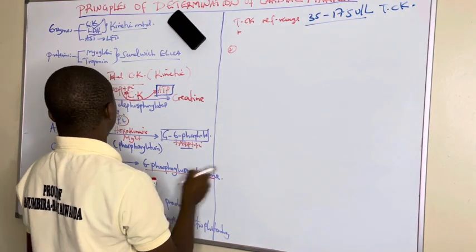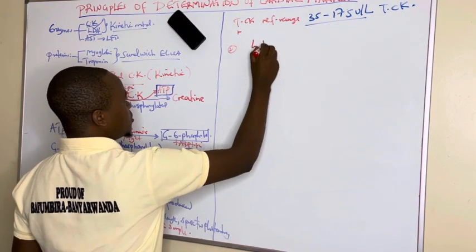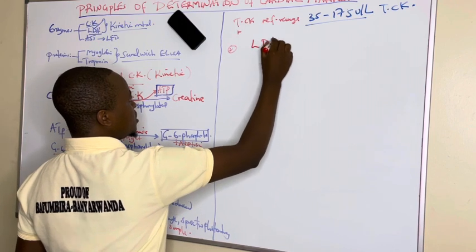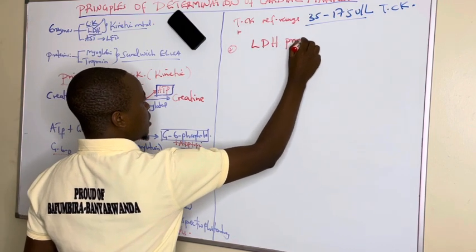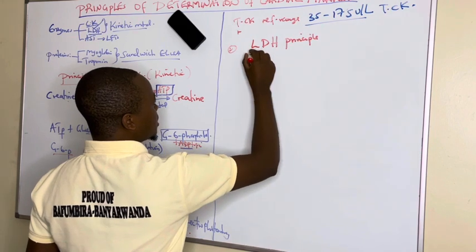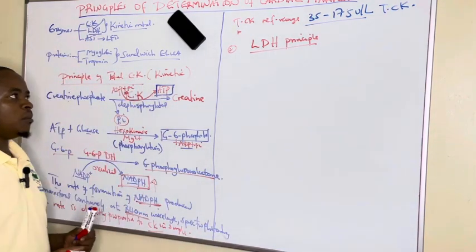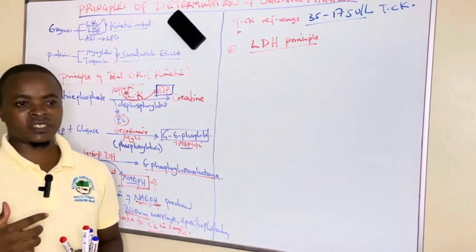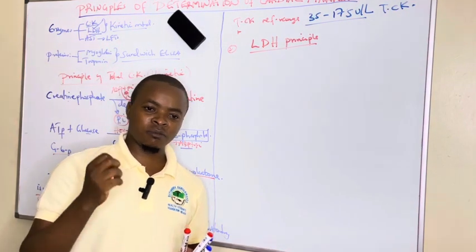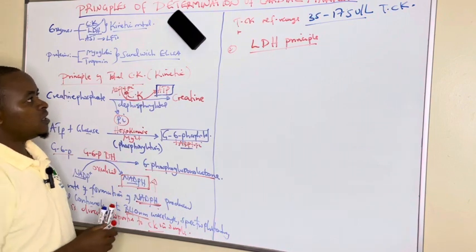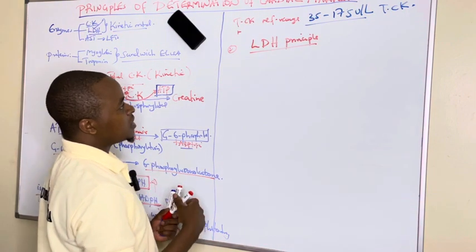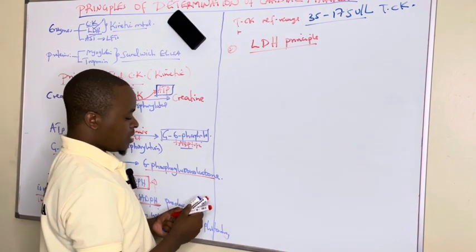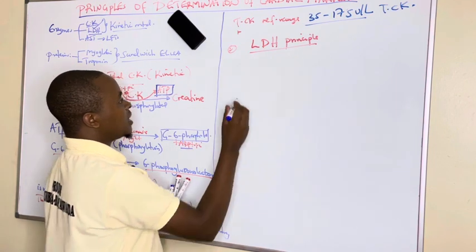The second enzyme whose principle we can see is LDH. We want to see the principle of LDH. How do we determine lactate dehydrogenase in the lab? For the isoenzymes, from isoenzyme 1 up to 5, we said we can separate them by protein electrophoresis. But in the lab, we are using a kinetic method,